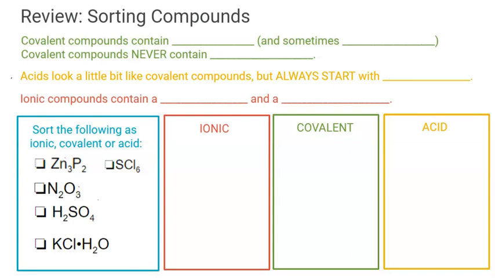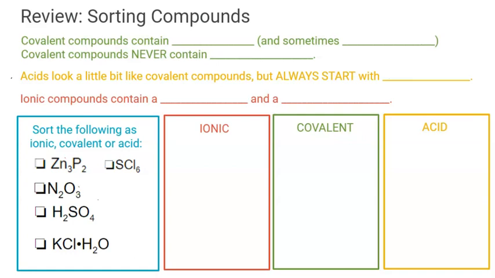In this video, we are going to talk about how to determine the formulas for different types of ionic compounds. But before we get started, let's go ahead and review the three different types of compounds. We have covalent compounds, acids, and ionic compounds. And it's important to be able to tell the differences between these three types of compounds by looking at the